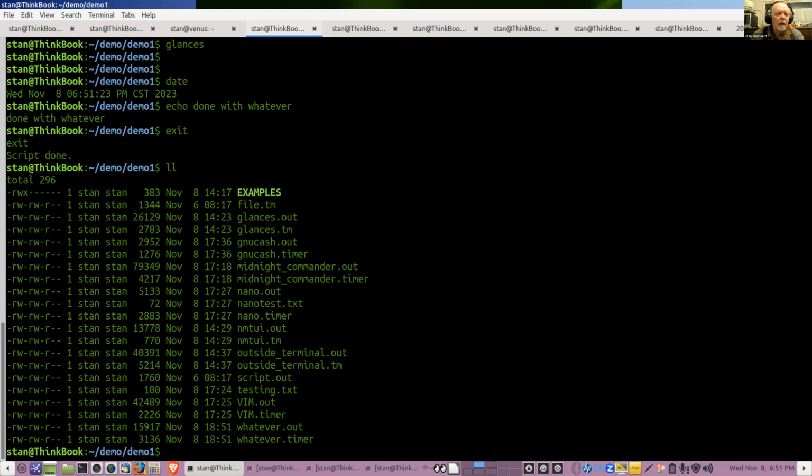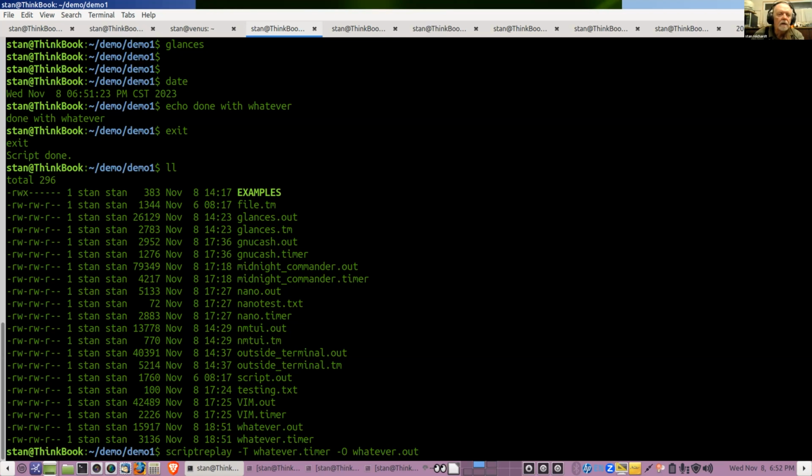Now, in order to replay that, I'm going to do script replay, -T, capital T for timer, and give it the name of the whatever.timer file. And then a dash capital O for the output is going to be the whatever.out file.